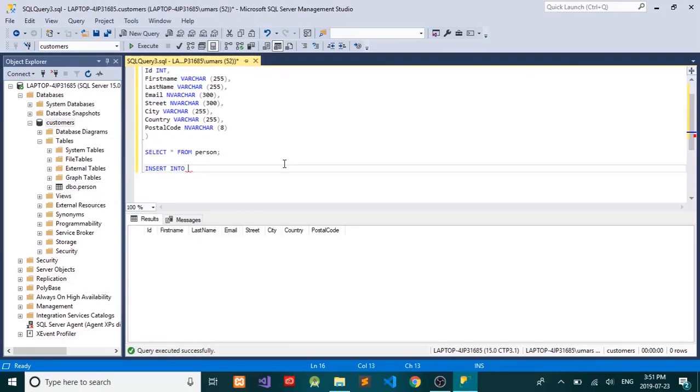So I do insert into person table, and then I say values, which means these are the values that I'm going to insert into the fields. So for our first one, it's going to be an int. An int does not go inside of single quotes, so I could just say 1. First name has to go inside of single quotes, and I could say John,